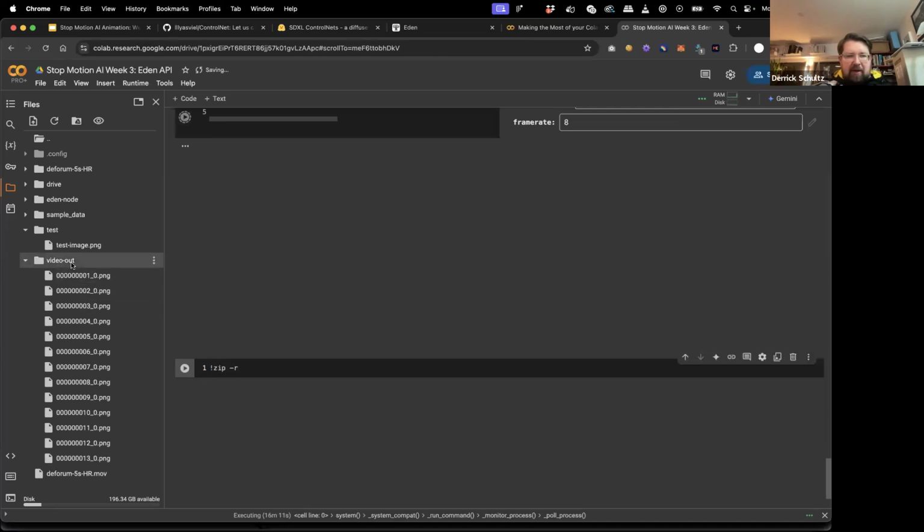So the way to do that is, do I remember the order for the zip command? I believe it's a file name. So let's call it zipped images.zip and then the path. So I believe